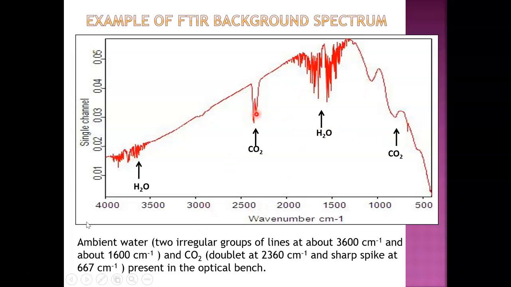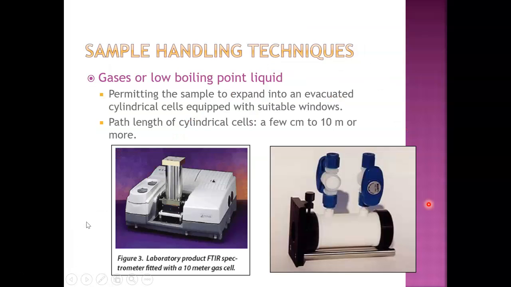Also two peaks for carbon dioxide around 2300 and 600. This is CO2 stretching, and this is CO2 bending. If you run a background, your peaks must look like this. If not, it means the instrument is not okay. Okay. Now we look at the sample